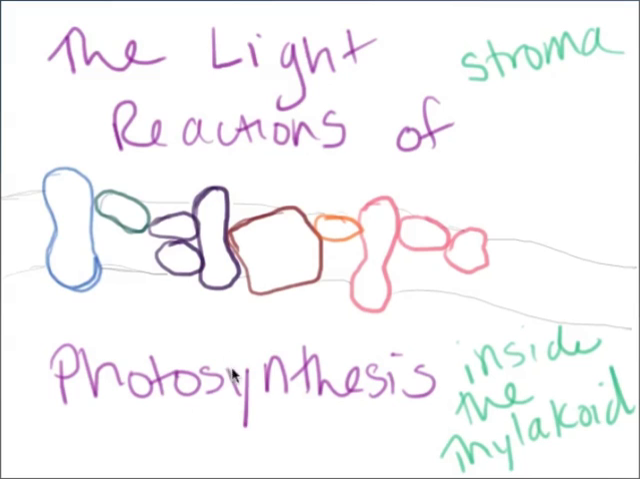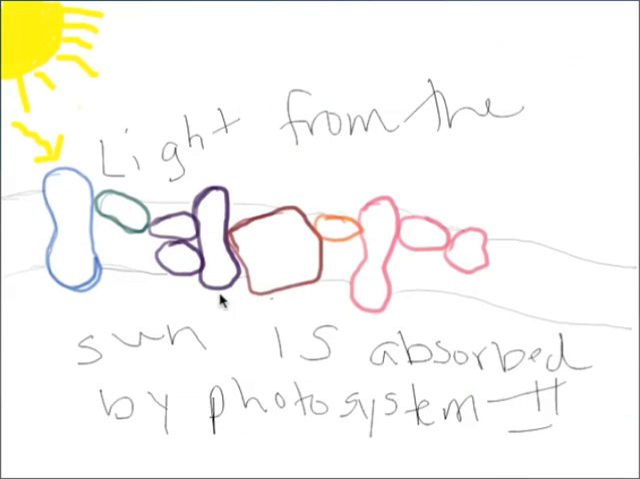Thus, this is going to represent the inside of the thylakoid throughout the duration of the video, and the upper half is going to represent the stroma, or the fluid that surrounds the thylakoid. These represent the molecules within the thylakoid membranes. You've got your photosystem 2 and the molecules that are associated with it, and photosystem 1 and the molecules that are associated with it. So the first step of the light reactions is that light from the sun is absorbed